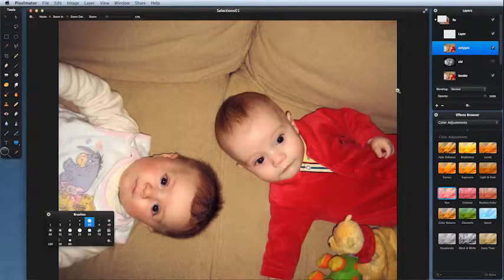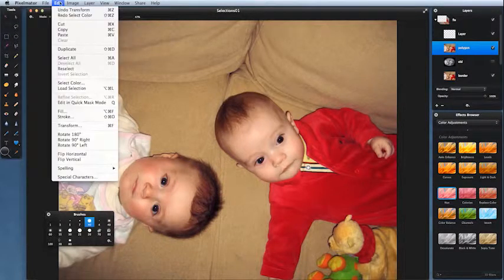So now the mother says to me, well, I don't really like that red sleep suit. I'd prefer a blue one. Oh, okay, fine, fair enough. Well, there's a number of different ways to do that. Now, instead of using the tools palette and the various different tools there, I'm going to come to Edit, come